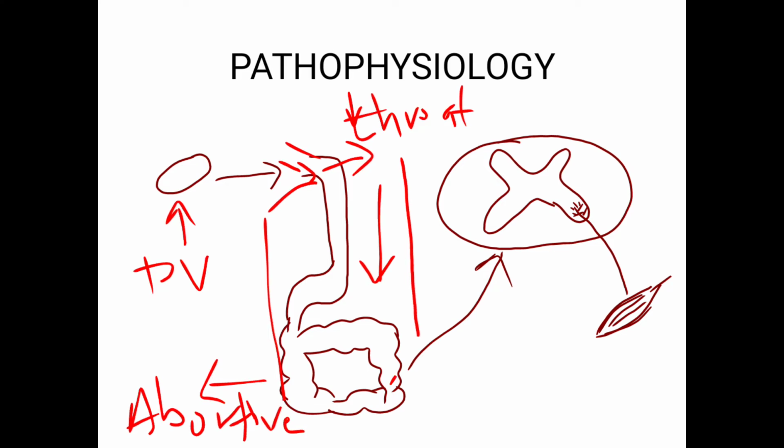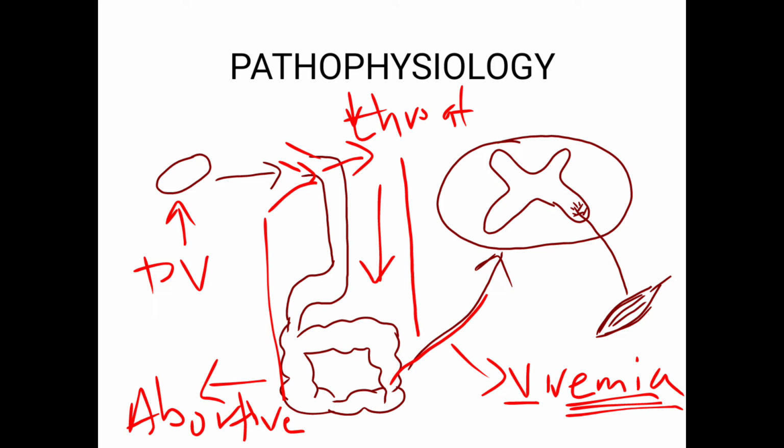If the virus gains access to your blood, it causes viremia. And emia is basically used when we are talking about blood. So the virus is basically present in the blood. This virus gets into your blood, and then from there, via the blood, it's going to go to your CNS, and this is the cross section of the spinal cord. When it enters the CNS, the clinical features are of the non-paralytic polio. But when it invades the motor neurons, it causes paralytic poliomyelitis.